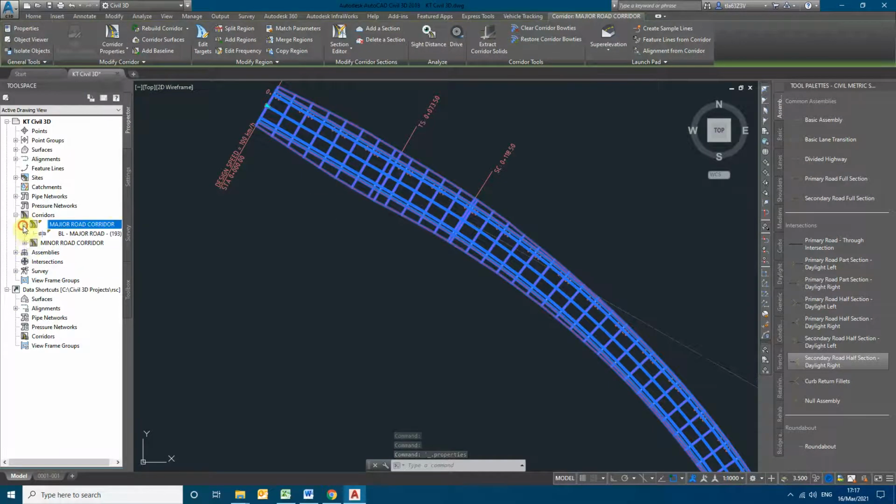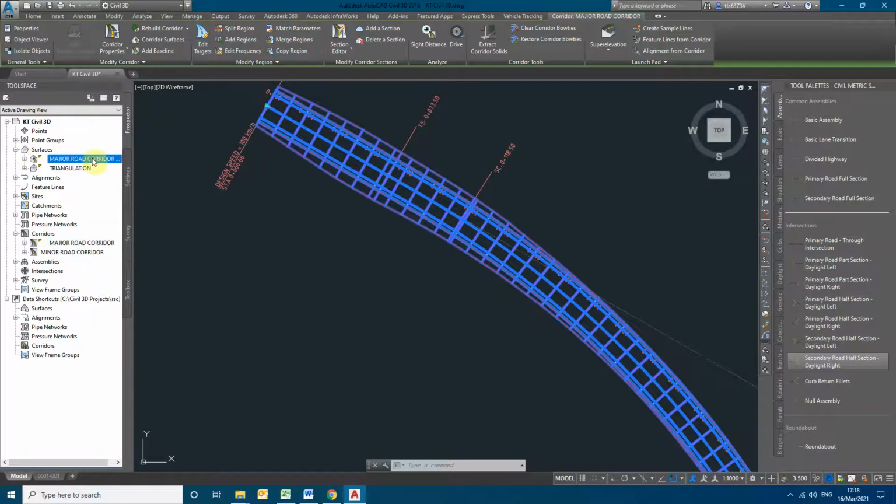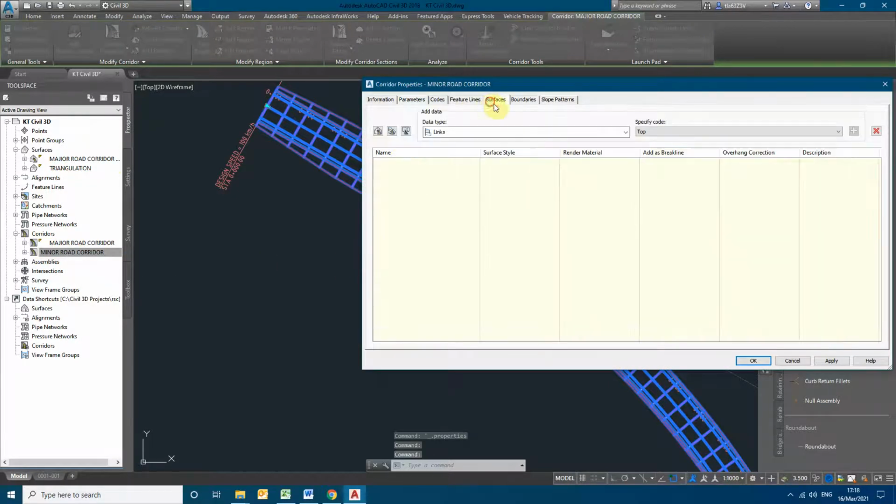So once the corridor surface is created, you can see there will be a gap formed here in this prospector tab, and another surface also will be created here, major road corridor. So now the surface, which will be the triangulation for the corridor that we had created on the proposed alignment, will be formed as a surface here. This is an existing surface which is triangulation, this is corridor surface. So similarly for the minor road also we can prepare the surface.